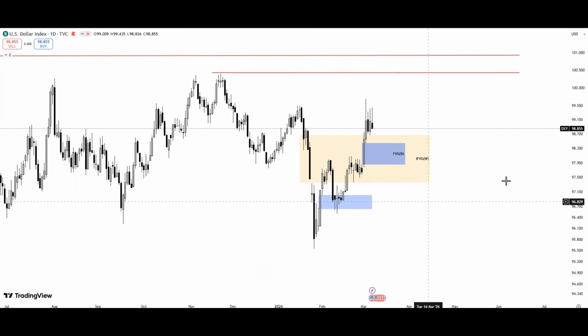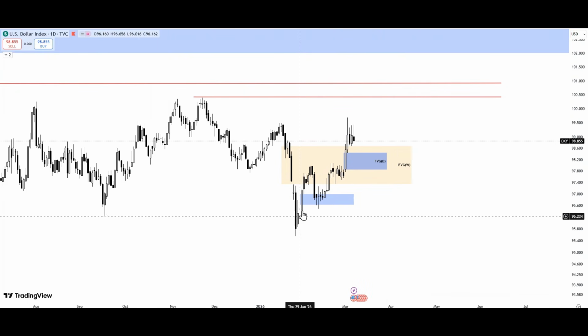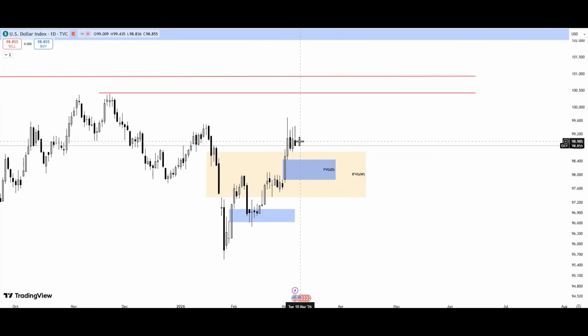And if you look at the daily time frame, this is what I was talking about. After price took all this low and we got a rejection on the weekly, you can clearly see price has been respecting bullish PDRAs. We make a high, retrace to this fair value gap. Price inverted this bearish fair value gap. We made a high, tagged the inversion fair value gap, and finally, last week we had all this bullish momentum here. As usual, as much as we want to see more bullish momentum, we always want to see, first of all, a pullback or a retracement before price continues with the bullish move.